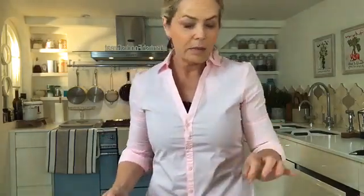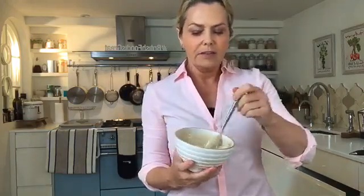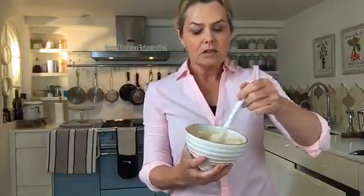I mean, you could have it just like that without the dressing if you wanted, but this actually is a really useful autumn salad dressing that you just might like to do anytime. I've already pre-mixed this. It's really simple to put together. It is basically plain live yogurt. You need to get the live yogurt so you get the probiotic activity. Very good for gut health. And I've sweetened it with a little bit of Manuka honey. So I got a little bit of natural honey here. And then a little bit of lemon juice and lemon zest, just to bring the dressing all together. A little bit of salt and pepper. And that's basically it. Let me just give that a taste, just to make sure that that's...